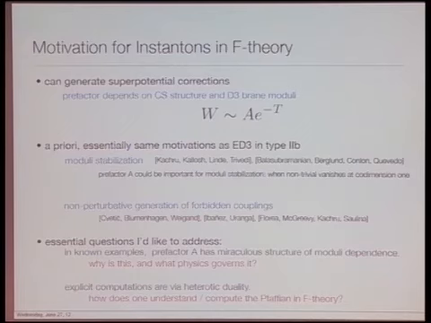And all of the explicit computations that are known in the literature to date are in heterotic models where you consider Pfaffian prefactors of heterotic worldsheet instantons computed as a function of vector bundle moduli. And so you might want to also ask the question, how does one understand or compute the Pfaffian in F-theory? If I use the word Pfaffian, I effectively mean this prefactor A here, and I'll compute it by looking at certain fermionic zero modes.